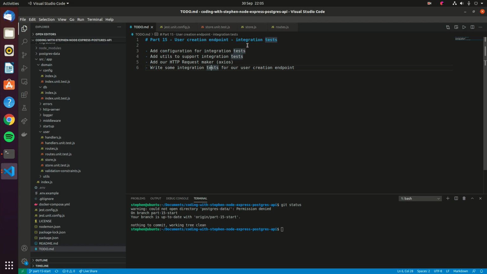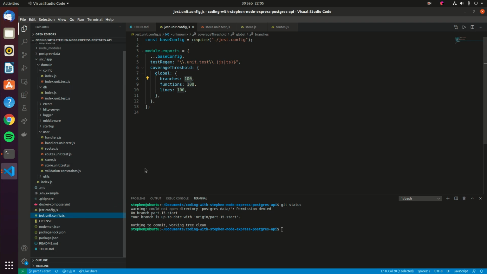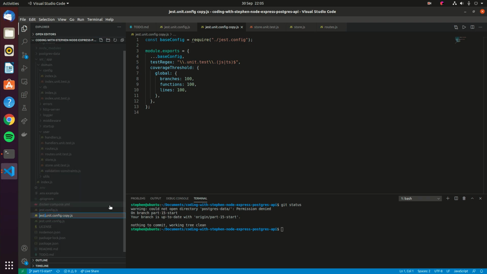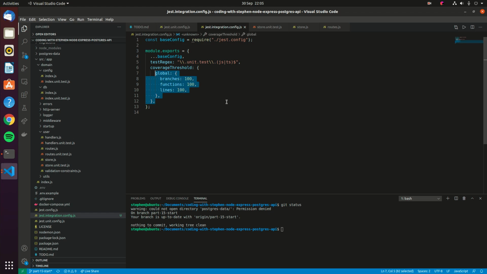So let's get started. We're going to add the configuration for our integration tests, and to do that we're just going to take this file here, jest.unit.config.js, and we're going to copy that and make an integration config file. Integration tests aren't going to have the same code coverage rules as our unit tests would, so we're going to remove the code coverage portion, and we're going to change the regular expression test there just to check for files that have got